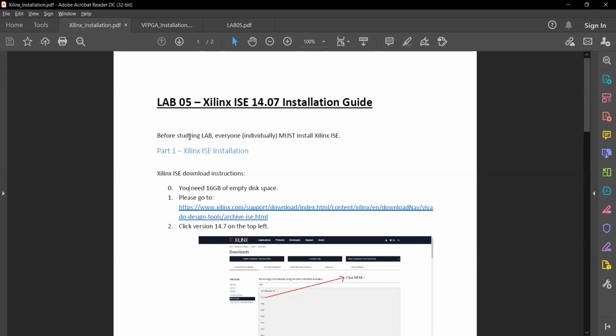What we want you to do is individually install Xilinx ISE on your computers and then also the virtual FPGA, and then you can start your labs. Just so you know, you're going to need 16 gigabytes of empty disk space, and